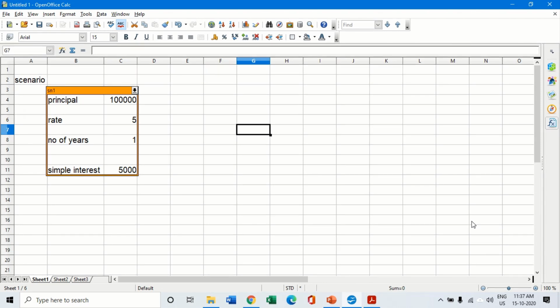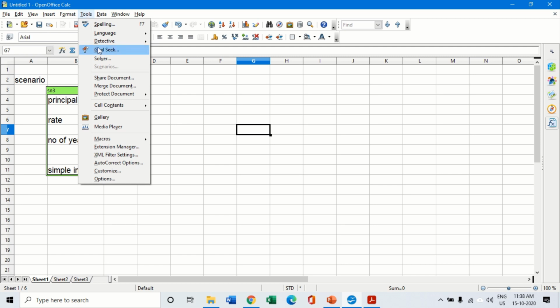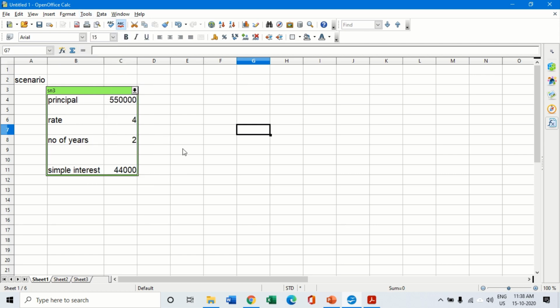Once I have created the scenario and everything is ready, I can navigate from here using the scenarios, and I can see the different scenarios I have created. Now what if I want to make some changes to this particular scenario, or view a particular scenario, or delete the scenario? You will realize that when I click on the tools button, the scenario option is disabled, which means that from this tools menu I cannot make any changes to the scenarios I have already created, or delete a scenario. So how do I go about navigating through this scenario?